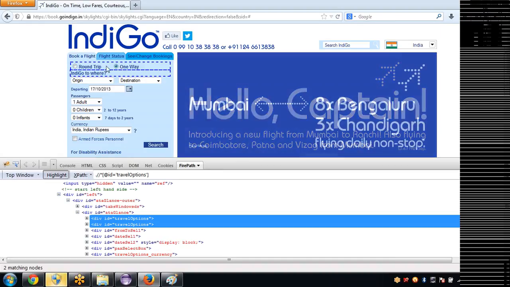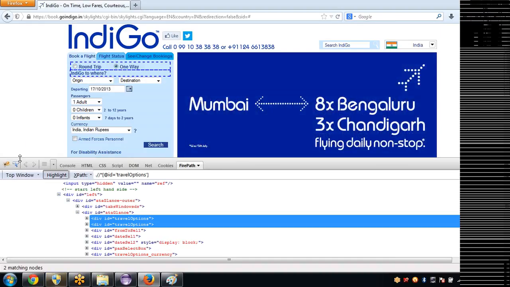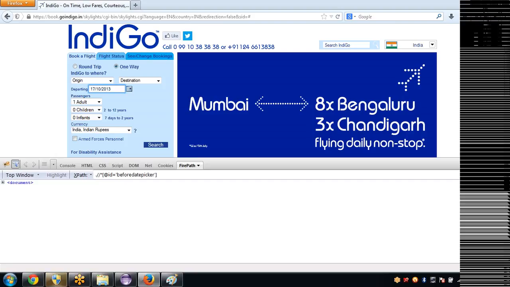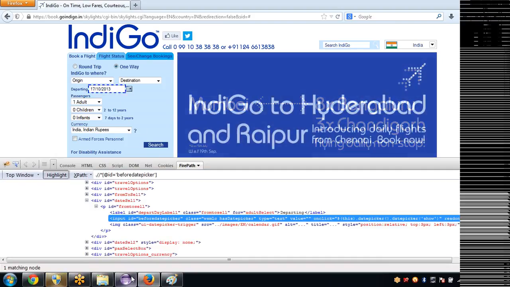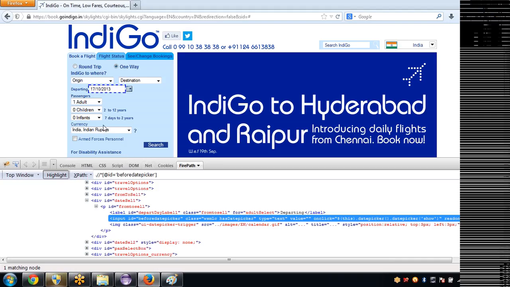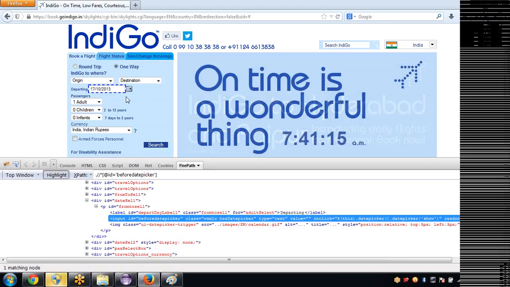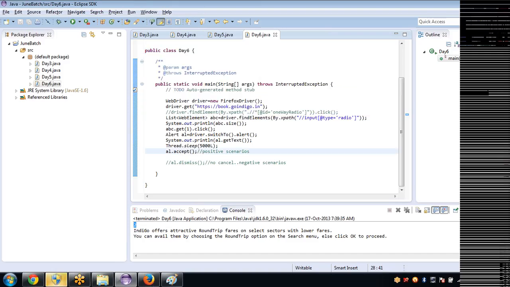One way we clicked, right? Just say send keys, that's all. It will work. You need not click this and validate. As usual, how you enter the text in a text box, enter in the same way. I'll show you.